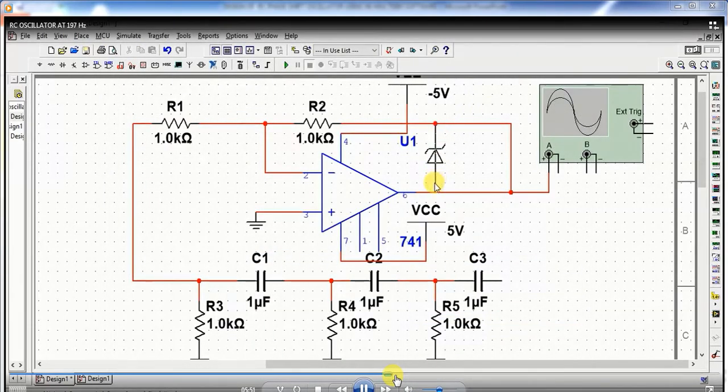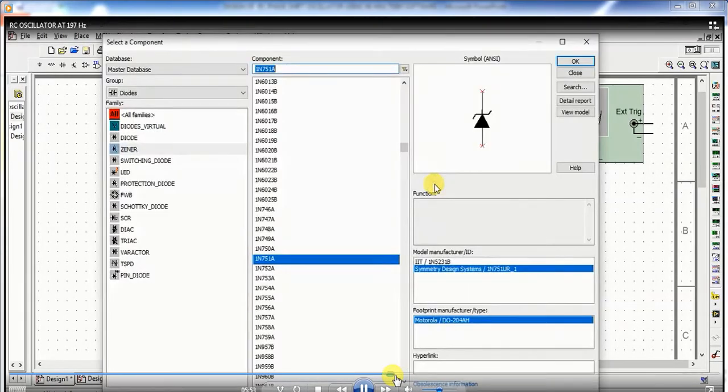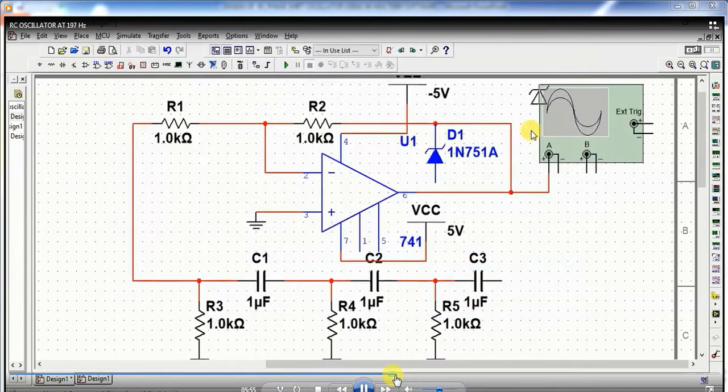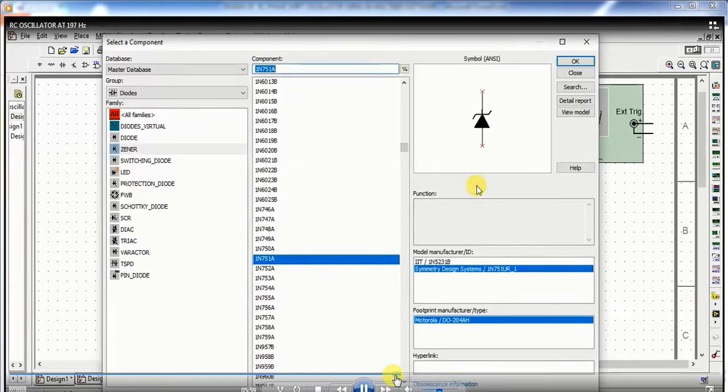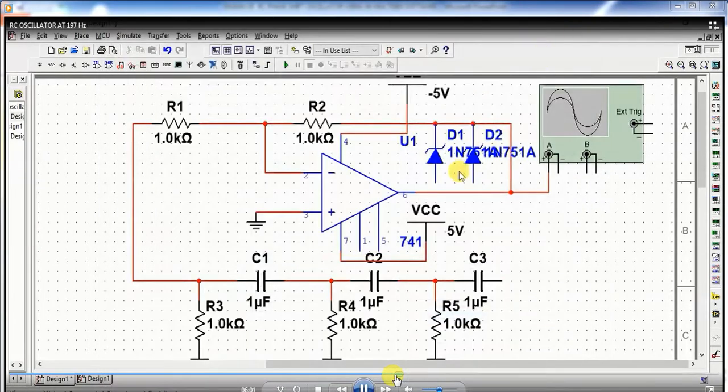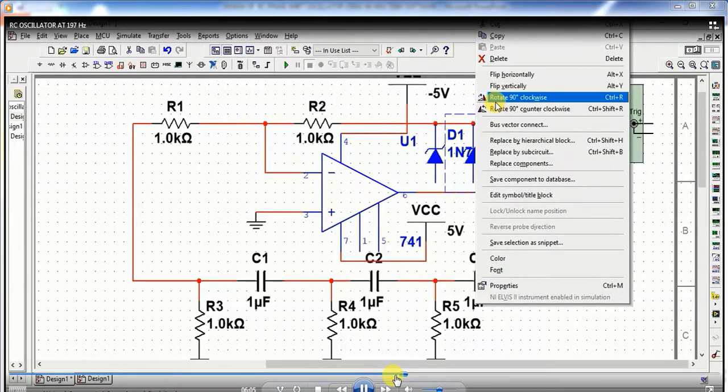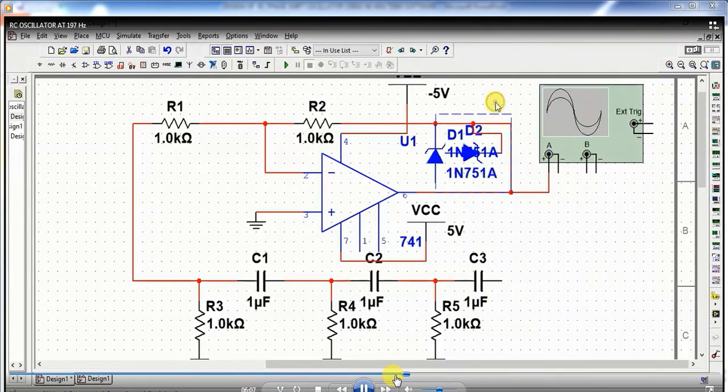The general diode is also required in the circuitry, so you can select the general diode, that is IN751, and connect these diodes back to back in the circuitry like this.